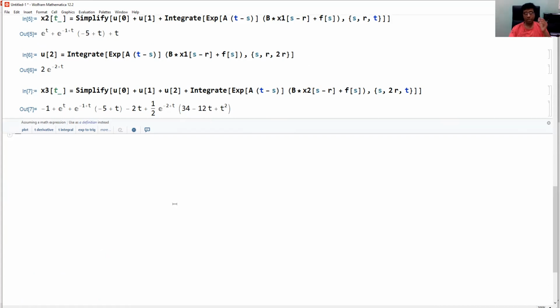Now how to combine all these things? x0 is defined on the interval minus r to 0. x1 is defined on the interval 0 to r. x2 on r to 2r, and x3 on 2r to 3r. So there is one mathematical function that will be useful in defining such a thing. That function will have value equal to 1 on a specified interval and otherwise it is 0.